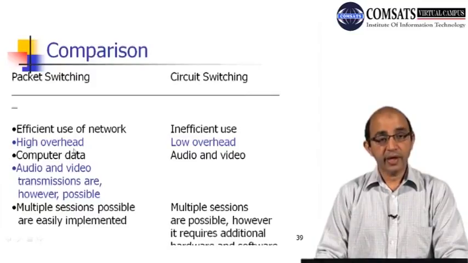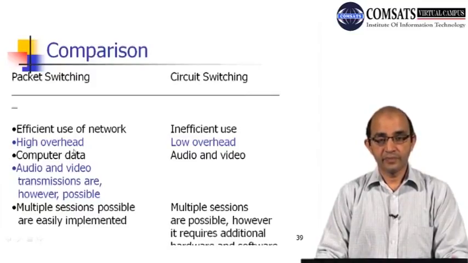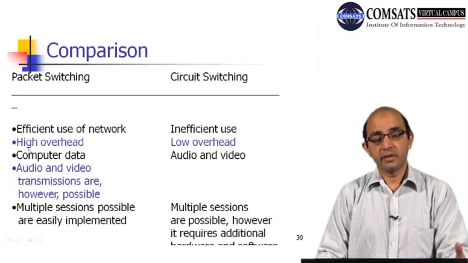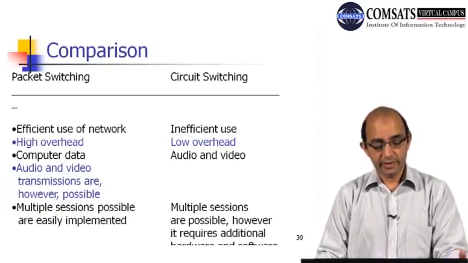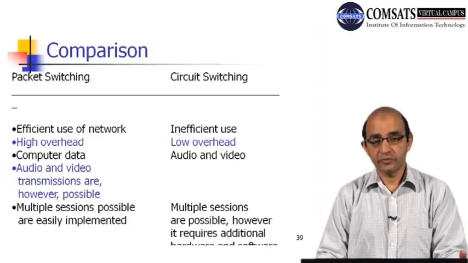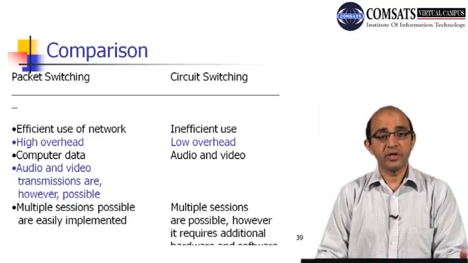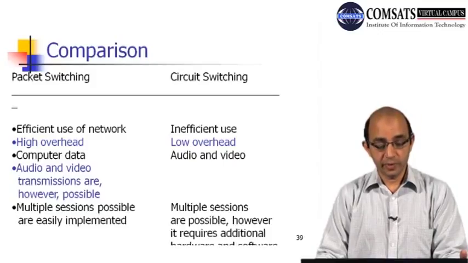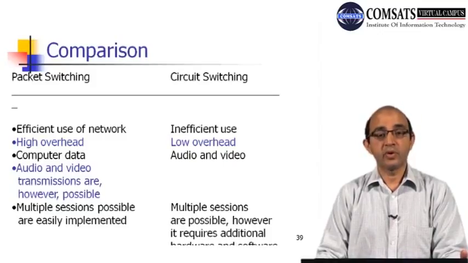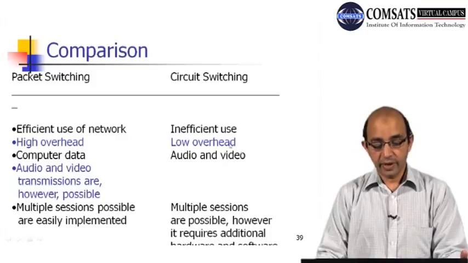Then high overhead, because we are segmenting the data into packets. So of course we need control information, we need to add overheads, or we need to add control information. So it includes overheads, right? So here we have